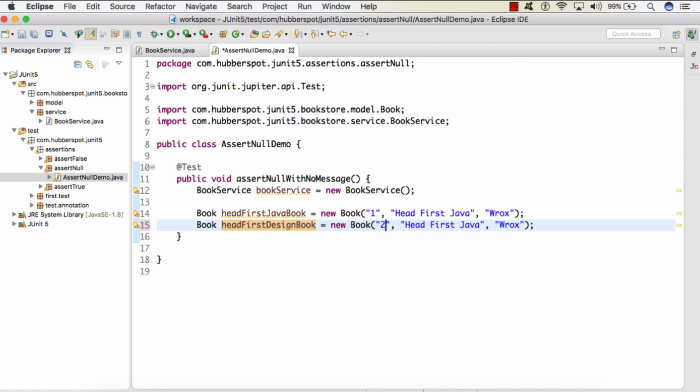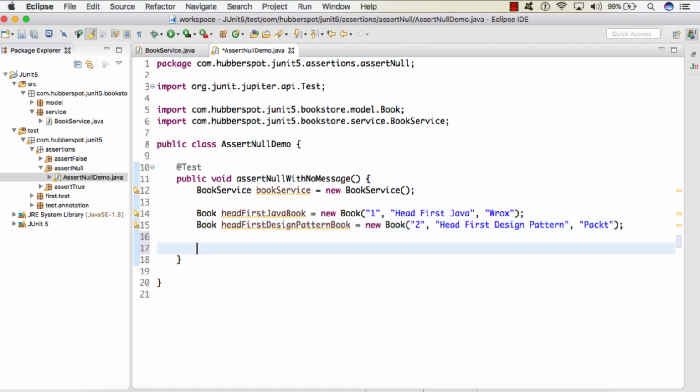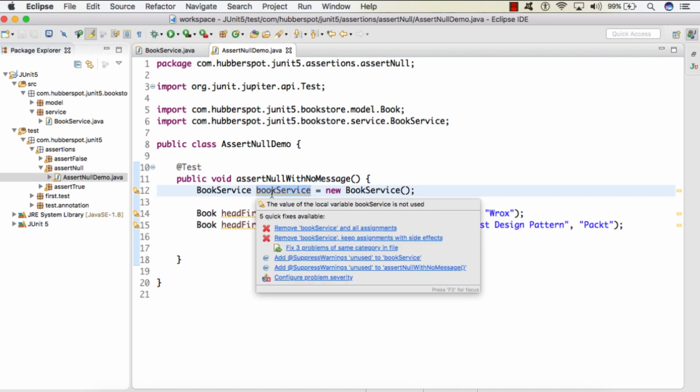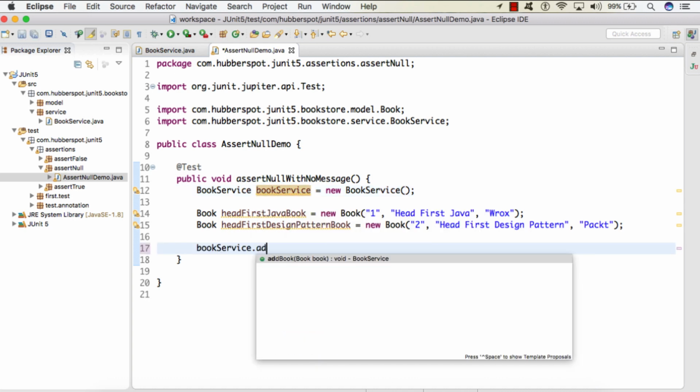We'll give ID as 2, title as Head First Design Pattern, and let's say I give the publisher as Packt. So we have created two instances of Book. Now using this BookService, I will just add these two books.